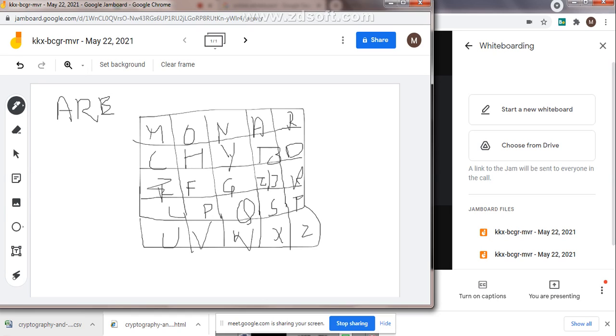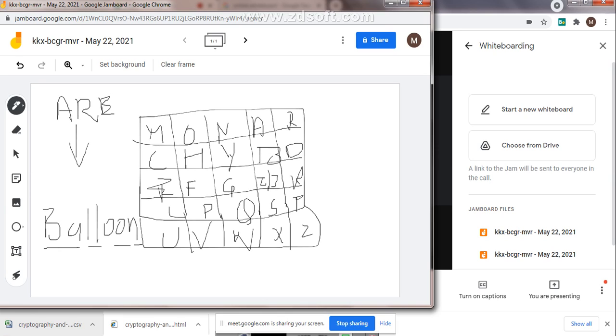Now we need to follow the rules. Now for example, the plain text is containing the word A-R-E. Getting the thing, guys? This is the word if it is present in the plain text, and you want to convert it into the cipher text by using this particular matrix now. Yes, ma'am. You want to convert it into the cipher text by using this 5 by 5 matrix now. So you need to follow some rules.